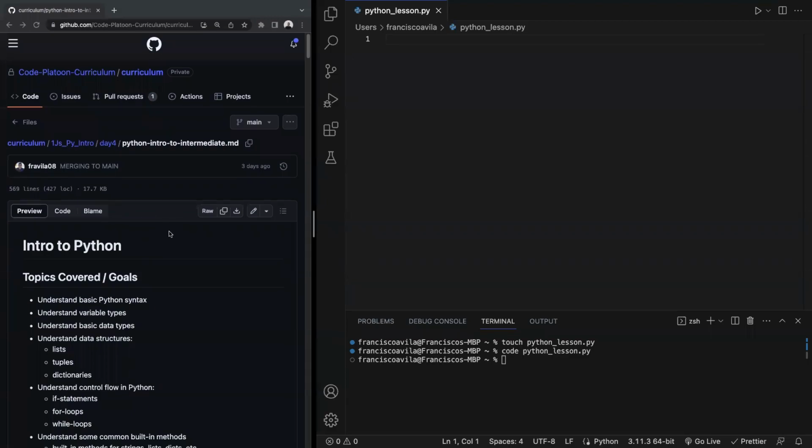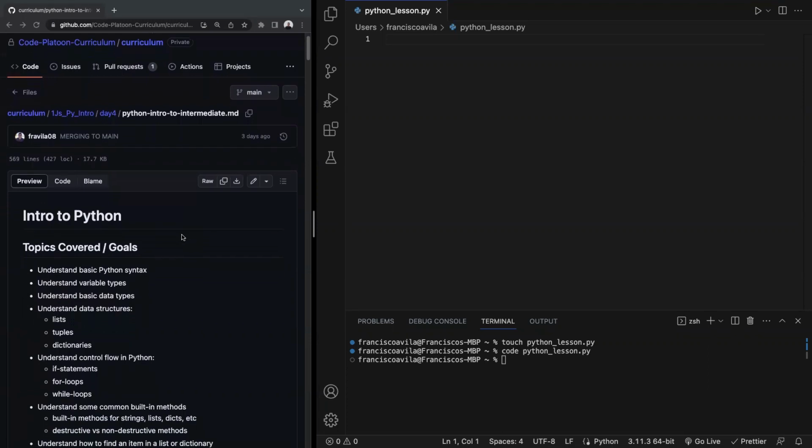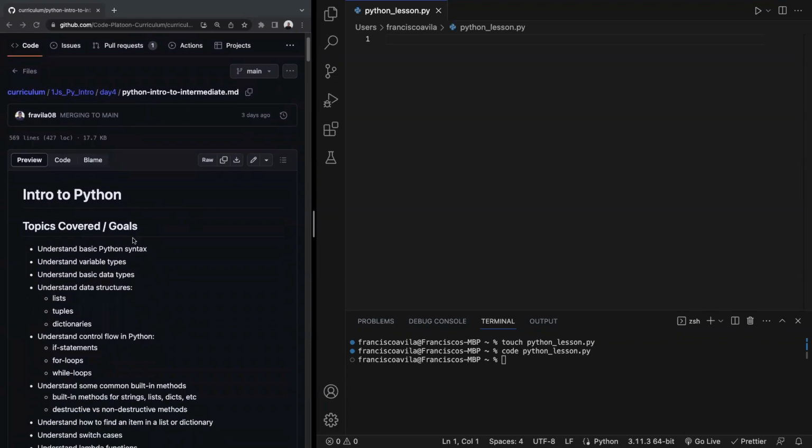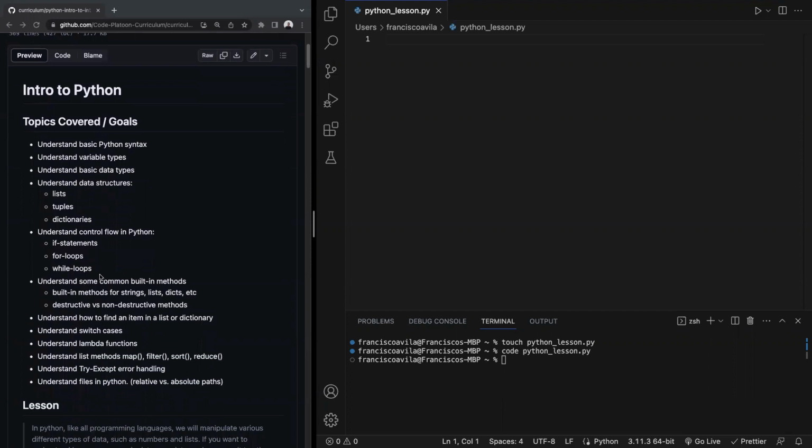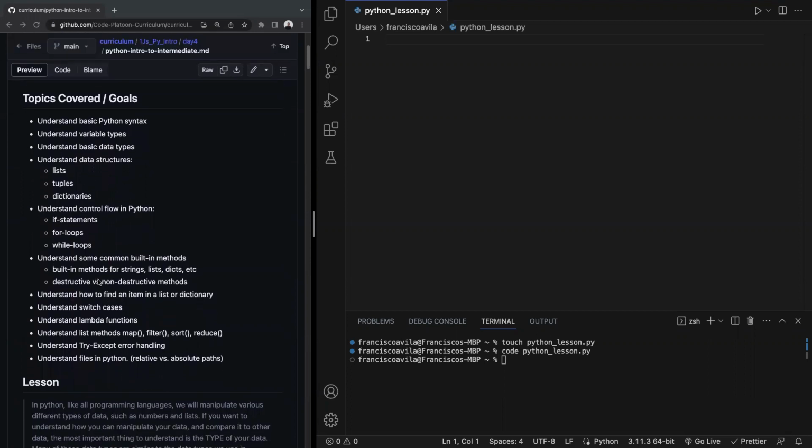All right, welcome everybody. Today we're going to be going into Intro to Python. And in Intro to Python, the topics that we'll be covering will be lists, tuples, dictionaries. We'll be going over Python control flow, and we'll also be going over the common built-in methods that we can use. By the end of this lesson, you should be able to understand how to find an item inside of